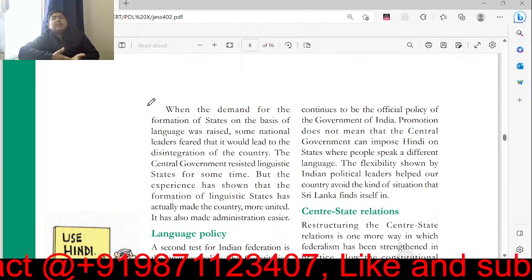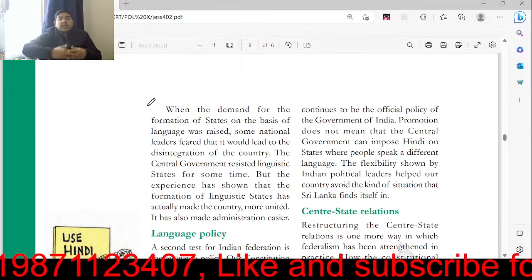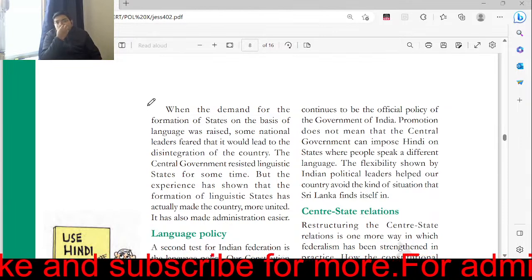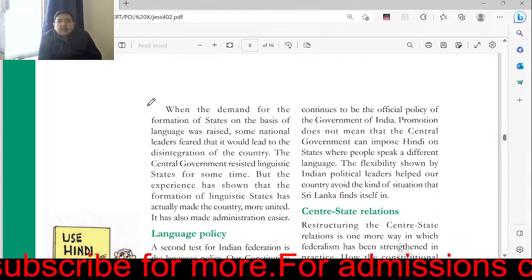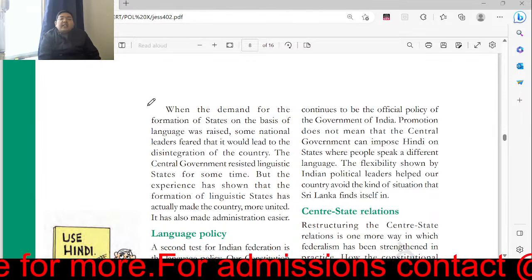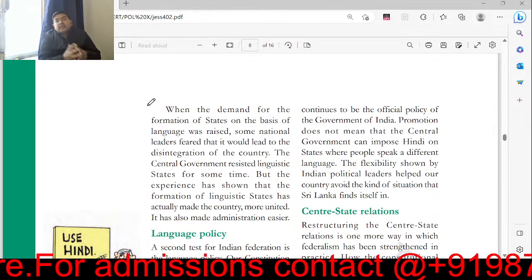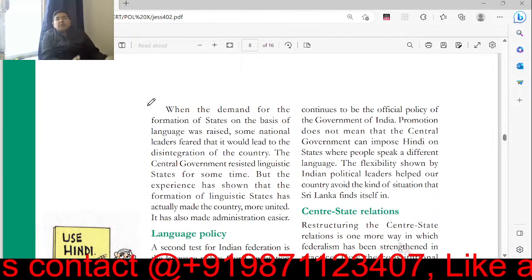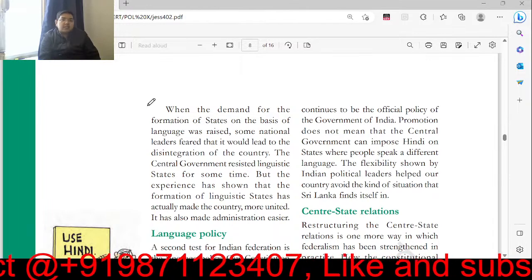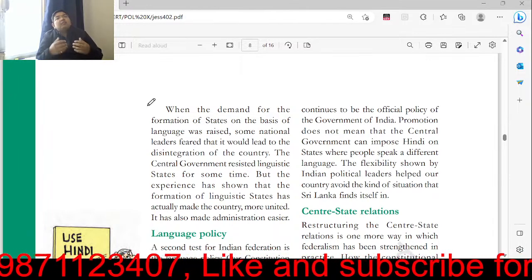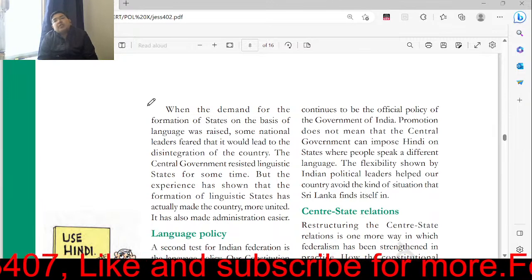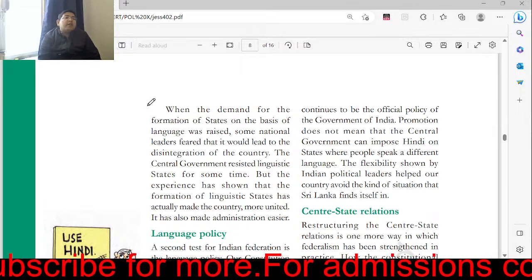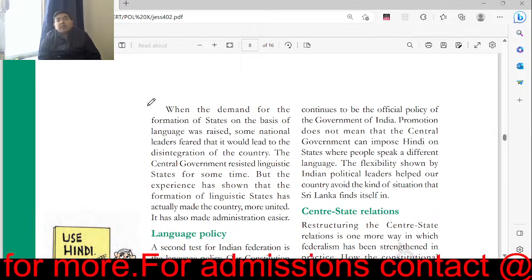So the central government did resist it for some time, but actually in experience over the period of time with the creation of linguistic states, we have seen that the country is more united, and it has also made our administration a little easier, because having a conversation with the person with whom the government is dealing in their own language is much easier than creating a system where the population does not know the language. So the experience of our linguistic states is not that bad, or I would say it is not bad at all,